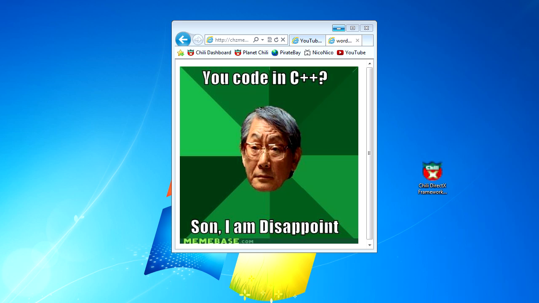Other programming languages tend to restrict you, and they do a lot of hand holding for you because they don't want the programmer to shoot themselves in the foot. They kind of treat you like a baby.